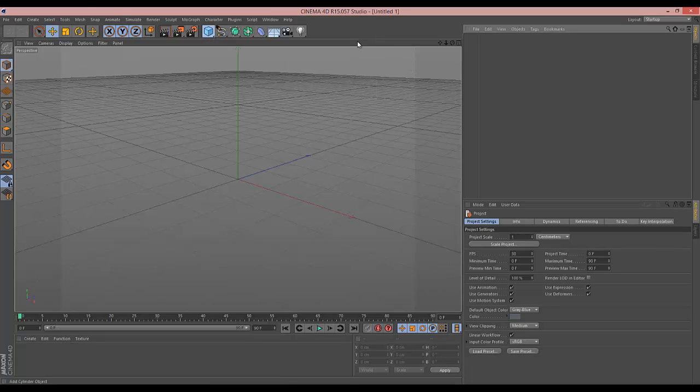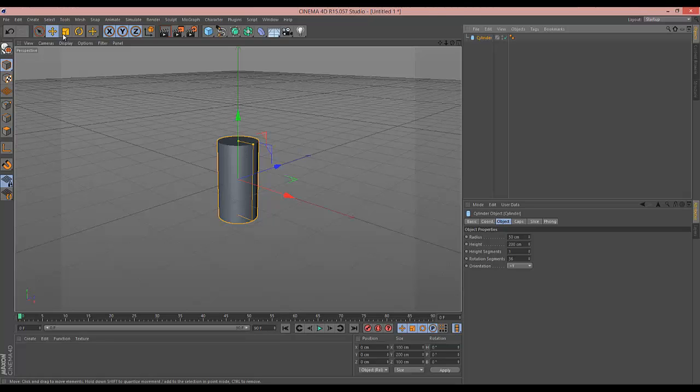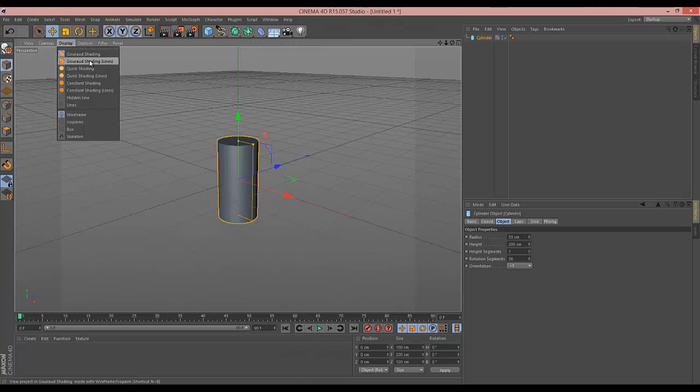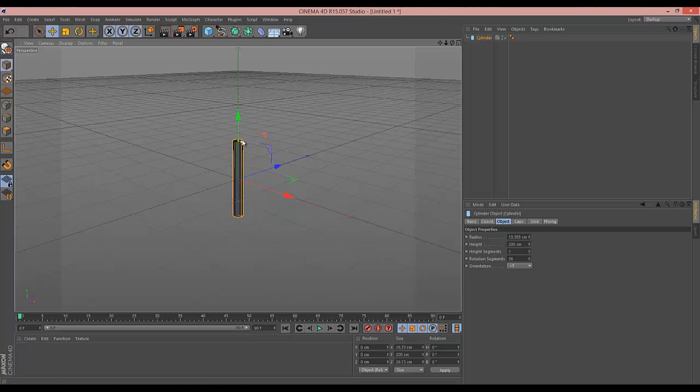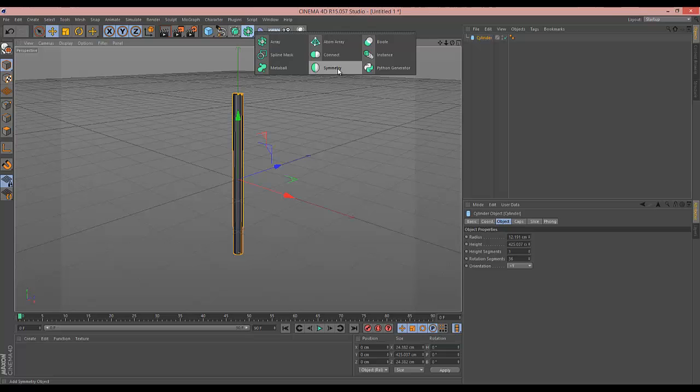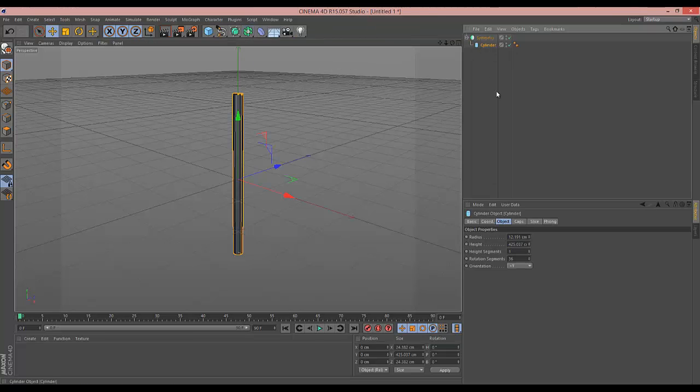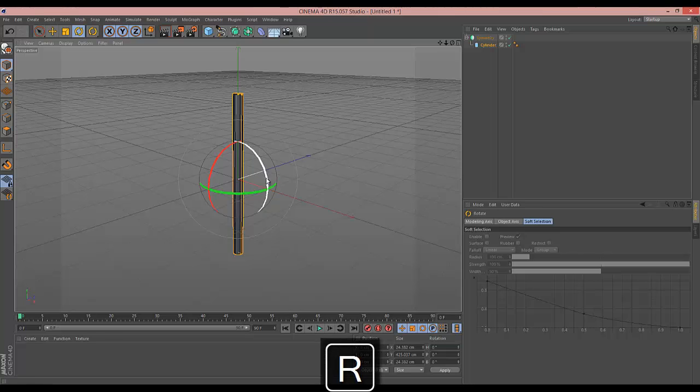We'll start off with creating a cylinder. There we go. I'm just going to change my display to Gouraud shading with lines. That way I can see what I'm doing a little better. Now these are going to make up our support struts. A nice easy way of doing this: we create one cylinder, we put it into a symmetry object like so, and we press R for rotate and maybe just turn it